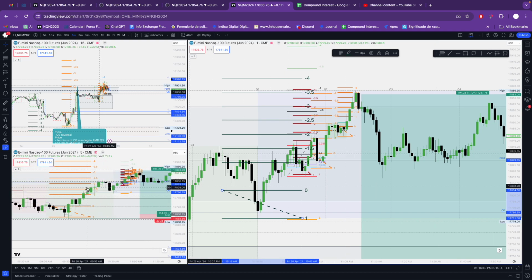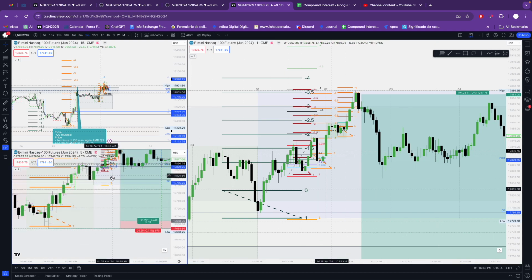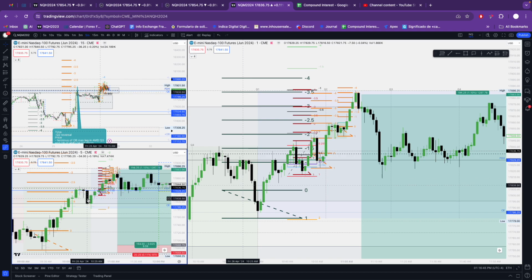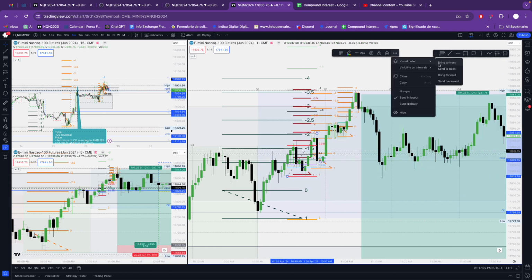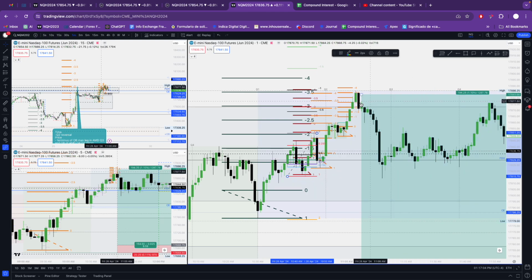Doesn't look the best there. However, what we do have here is a 5-minute change of state delivery order block, which is like the fifth step. We always have to look at the higher time frame to see what's going on. We can't just be glued to one time frame, married to one time frame, and expect that to be the end all be all. Okay, so notice how we come up 1, 2, 3, 4,